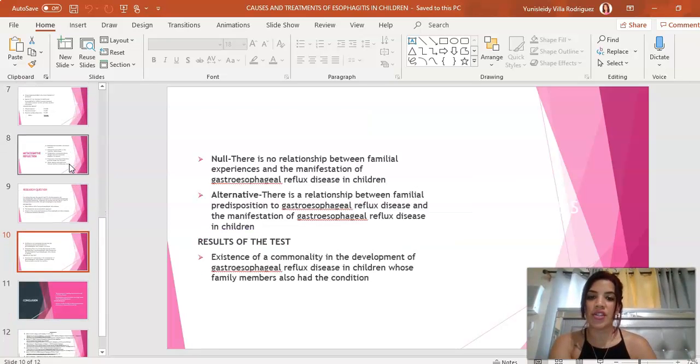Null: there is no relationship between familial experiences and the manifestation of gastroesophageal reflux disease in children. Alternative: there is a relationship between familial predisposition to gastroesophageal reflux disease and the manifestation of gastroesophageal reflux disease in children. Results of the test: existence of commonality in the development of gastroesophageal reflux disease in children whose family members